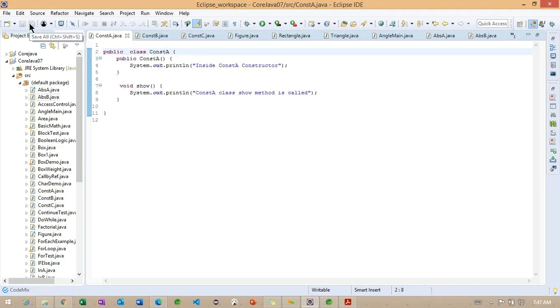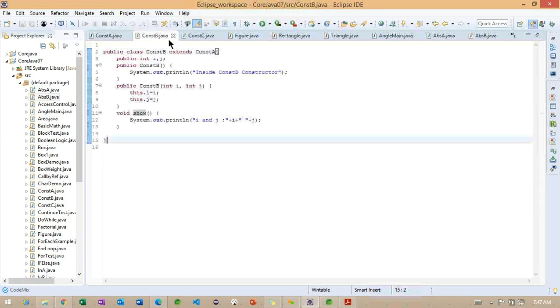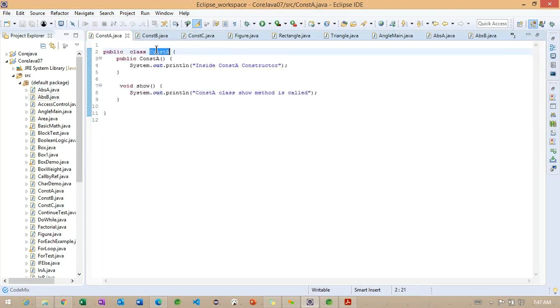Now, whenever we are trying to extend any class, we are discussing the superclass information. Here, constructor B has the superclass called constructor A, right? And what is the superclass of this particular constructor A?